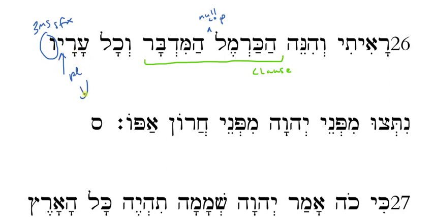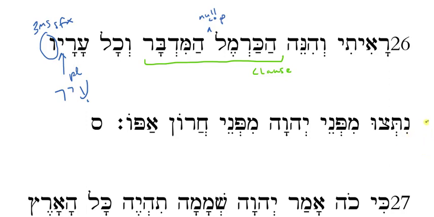Well, what is this? This is ir, city. Remember, the plural of ir is not irim, but arim. And then I drop the im and add the endings for the plural, the common pronouns that get added to plural nouns. So, and all his or its cities, nitsvu. Nitsvu. All its cities were what? Well, they were broken or torn down.